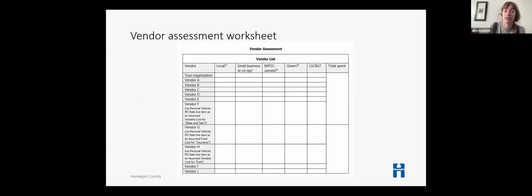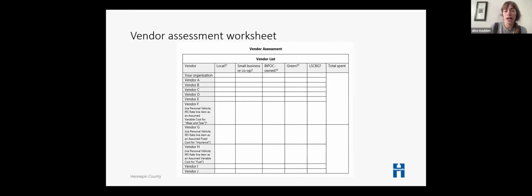And then across all of those different figures, does this check one of those boxes, so that we can feel like maybe this group isn't local, but it's really green, thinking about world-centric, or maybe this group is a cooperative, but they're not owned by a Black, Indigenous, or person of color owner, or maybe this is green and BIPOC owned, but it's not small, they've gotten fairly large and is now a corporation or something like that. There are all these different permutations where it's not going to be perfect, it's not going to check all of these boxes at once, but those are all providing some type of value and leaning into the world that we want to